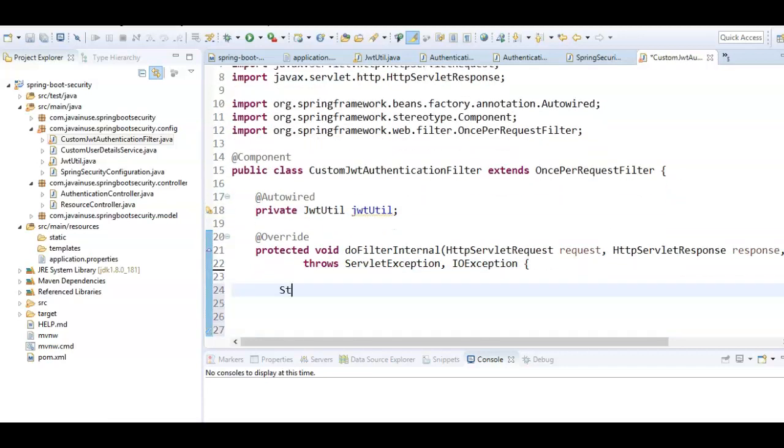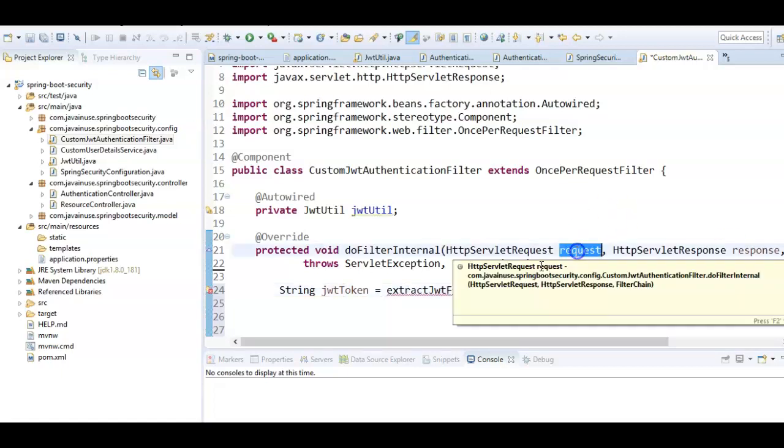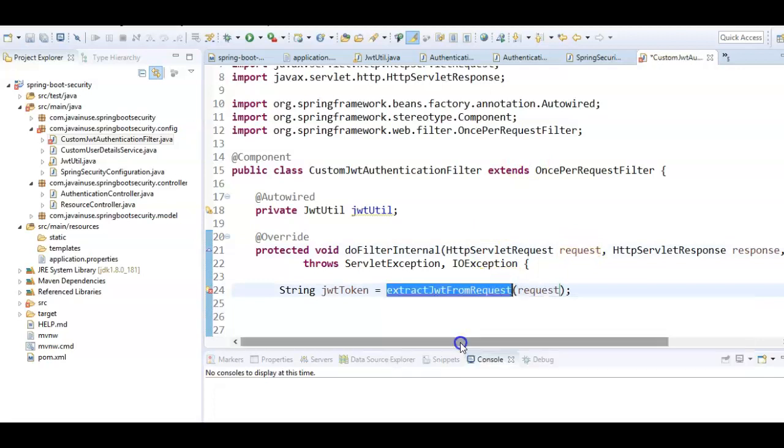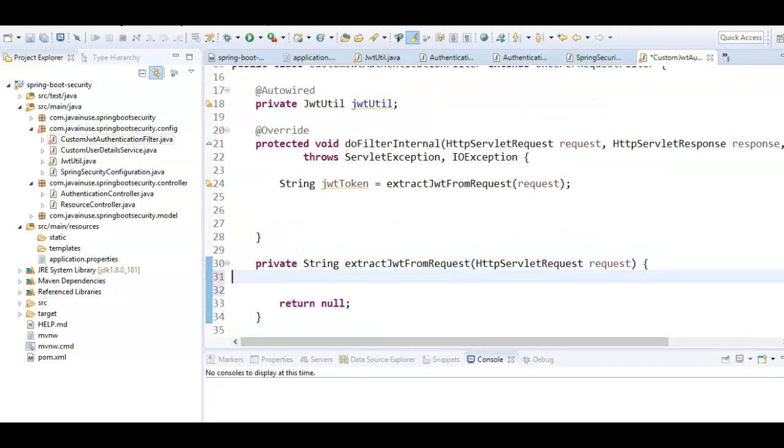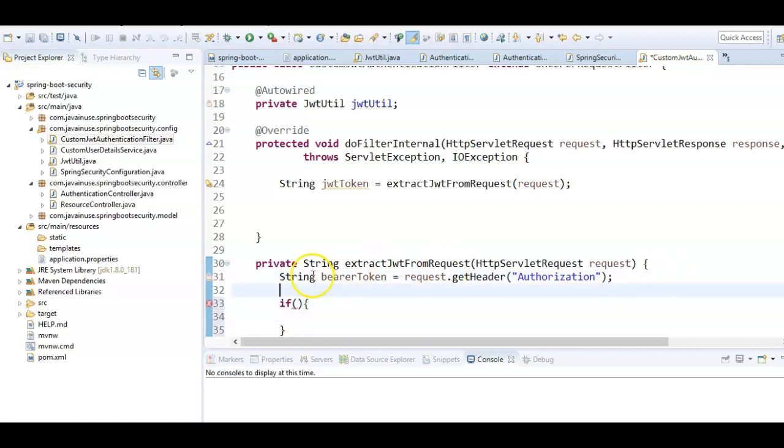Next, we'll be creating the extractJwtFromRequest method. As the name suggests, this will be extracting the JWT from the incoming request. From the request, we'll be getting the authorization string. From this authorization string, we'll now be extracting the JSON web token.